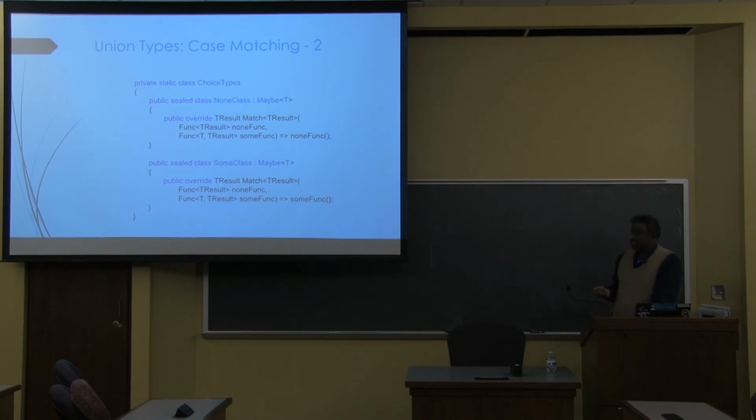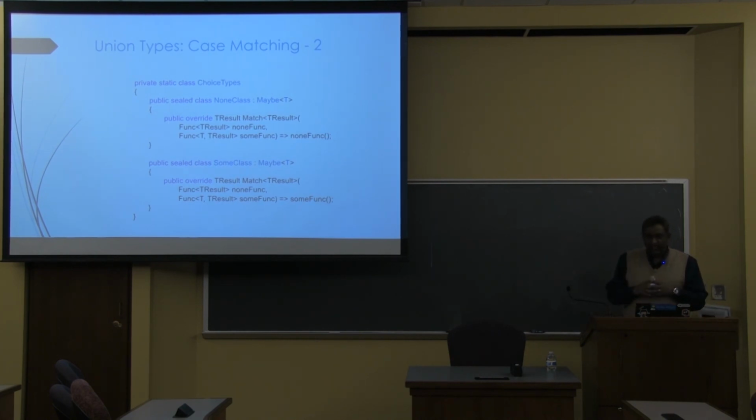Because the problem with switch statements, as we all know, is that one is you have to match against the type of the object that you're switching on, which is dangerous. And the other is you will go and add a new option somewhere in there and forget to update your switch statement, at which point you'll get a runtime exception. This way, you can't get a runtime exception because you have to actually provide a handler for each case in the match function, and the compiler will scream loudly if you don't do that. Right?